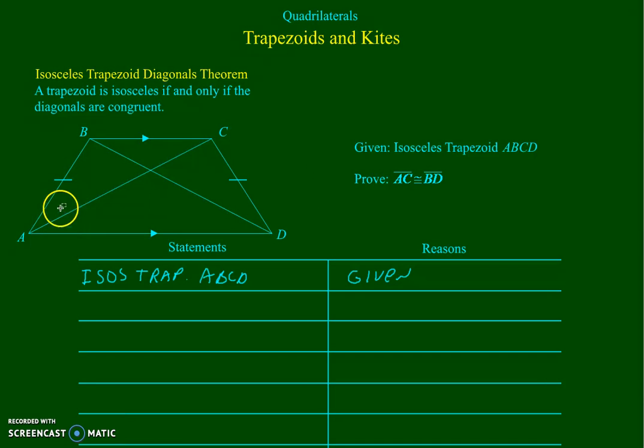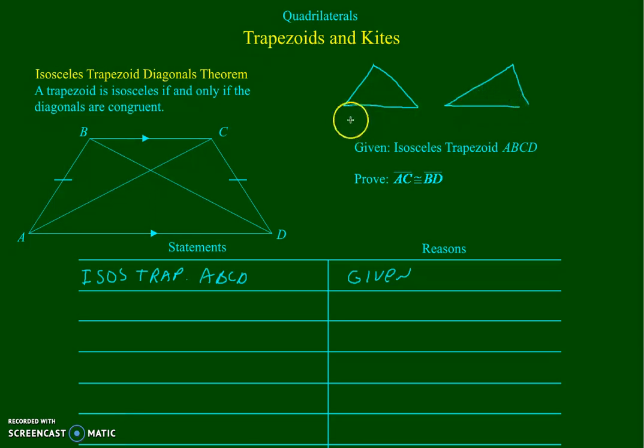Here we're given trapezoid ABCD is isosceles, and we need to prove that AC is congruent to BD. The plan for this proof is fairly basic if you can visualize triangles ABD and ACD being separated. If you have trouble, go ahead and separate them, because that will help you a great deal. So I'm going to try and sketch, and it doesn't have to be perfect. Just sketch your two triangles